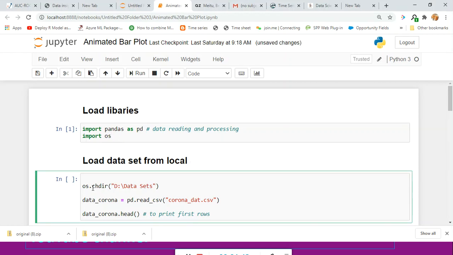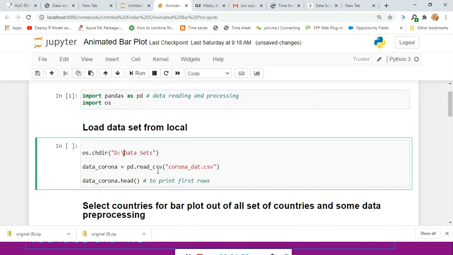With the os library, I write the command os.chdir, and here I have mentioned my file address where my file is saved, in the D drive datasets, and the file name is corona_data.csv. I read this file by using pd.read_csv, and this object has all the information of that csv.